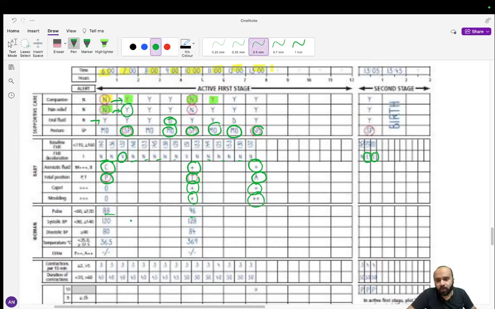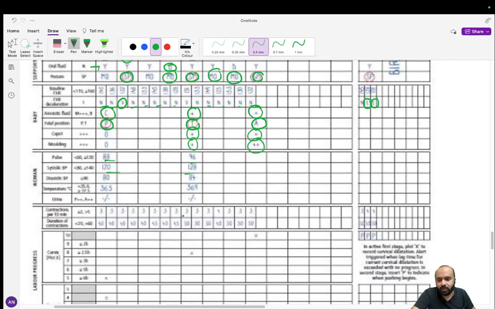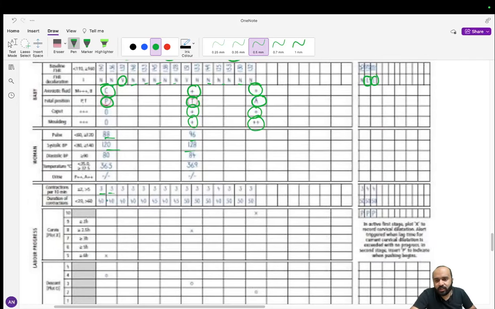The pulse was okay at all times. It has been measured every 4 hourly. Similarly, the contractions initially were at 3 contractions per 10 minutes, lasting for 40 seconds. Eventually, they became 3 over 50, and then finally, they were 4 over 50 seconds. Lastly,